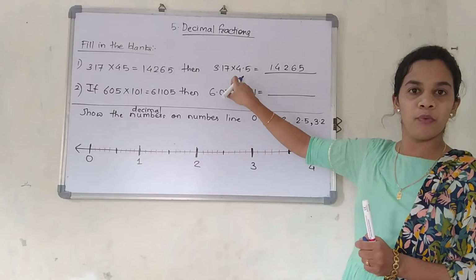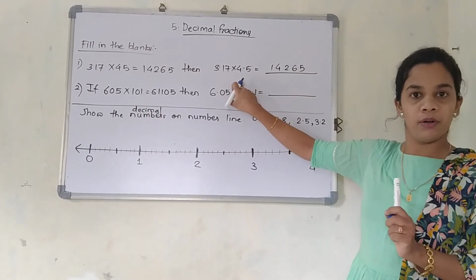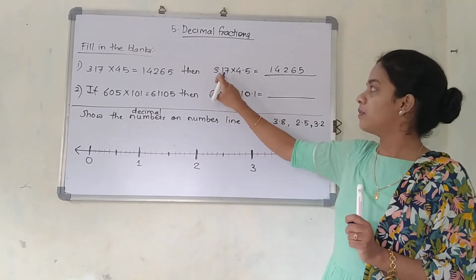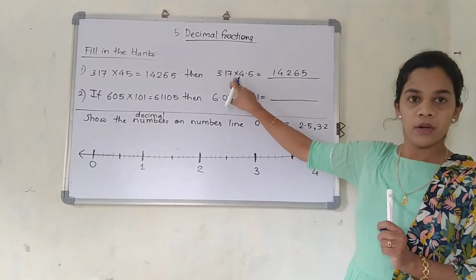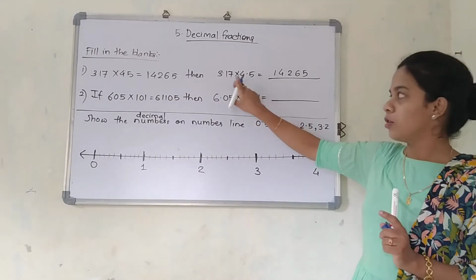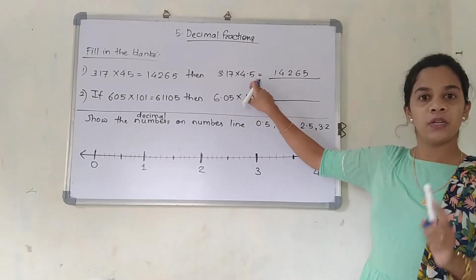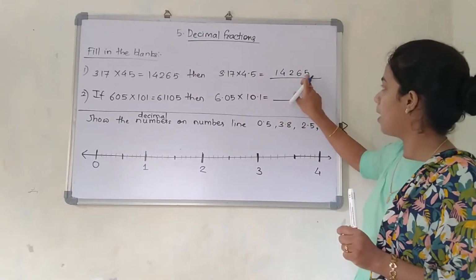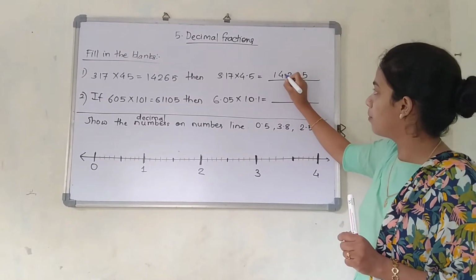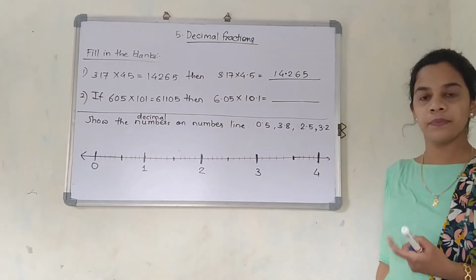Now this has a decimal point, so we are supposed to give the decimal point also. If you observe clearly, after the decimal point, how many numbers are there on the left hand side? 2. And over here how many? Only 1. So this 2 plus 1 will be how much? 3 numbers. So we are going to give the point after 3 numbers, that is 1, 2, 3. And we are going to give the point over here. So that will be the answer.